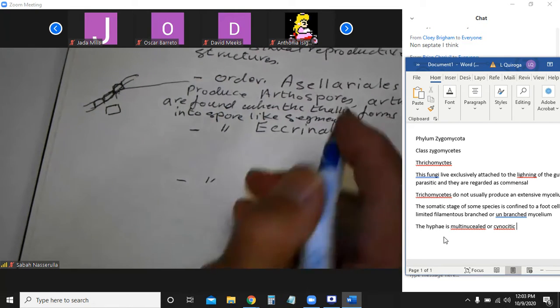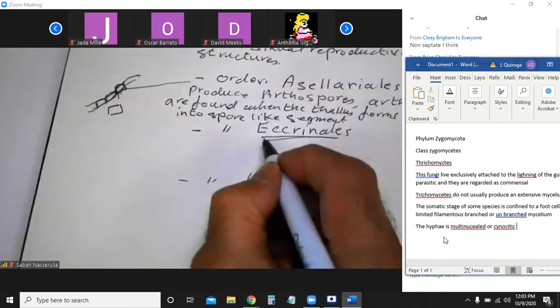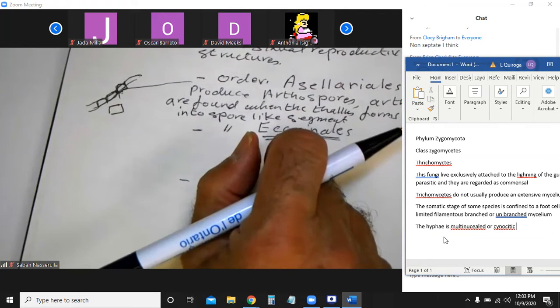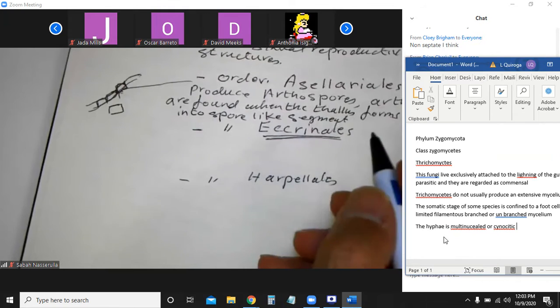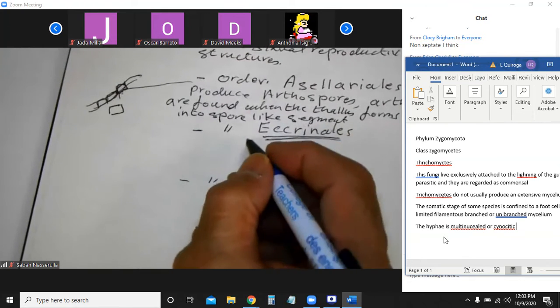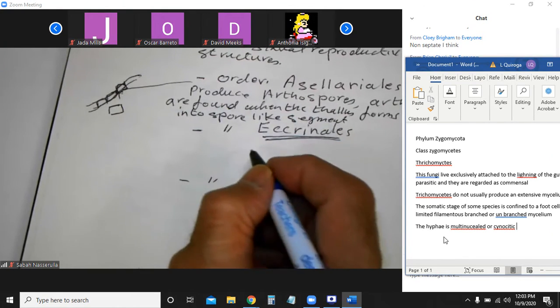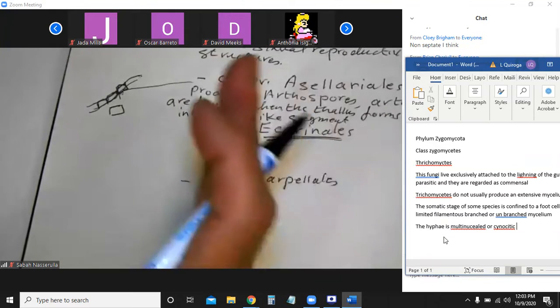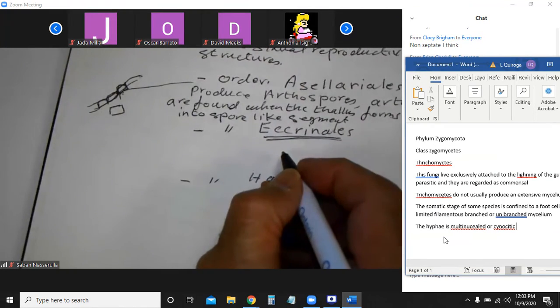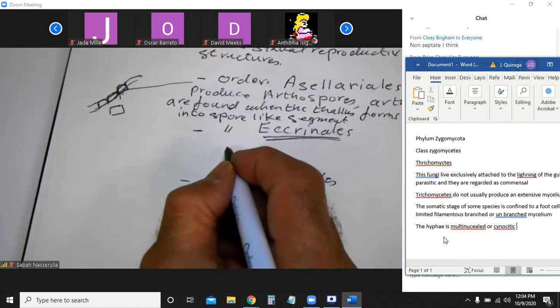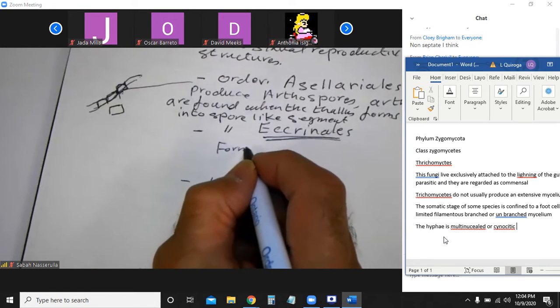Now, with regard to the second order, this group also forms fungi, classified based on morphology of non-sexual spores. Basically in this order, their hyphae form